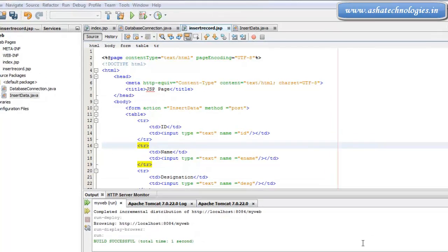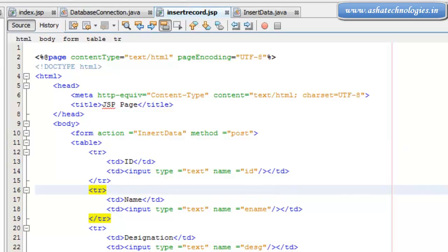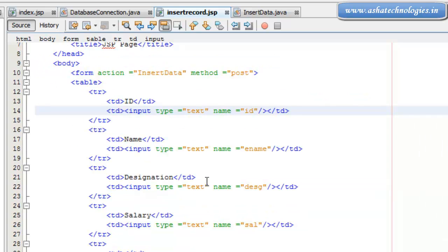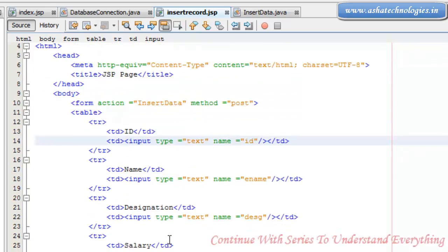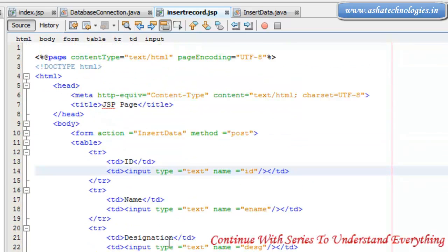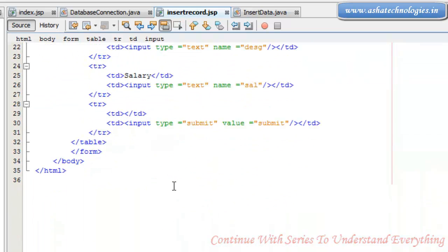In this tutorial, we can see how to insert data into the database from the web application. Our database is a MySQL database called sampleDB, and its table name is EMP. That table has the columns ID, name, designation, and salary. We have created a JSP application called insert record.jsp, and using that JSP